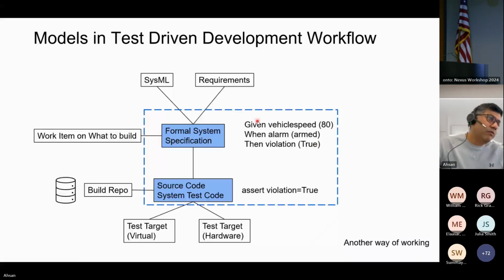Now I can do a pipeline against this specification and generate an assertion in my test code, which will be true or false once it's run against my build repository. Now, I may have inferred this from my SysML model or a set of requirements, but ultimately,